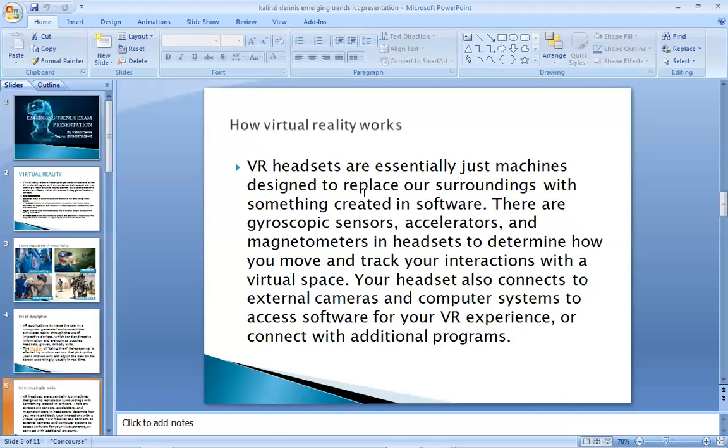So the other thing is, I want to talk about how virtual reality works. Virtual reality headsets are essentially machines designed to replace our surroundings with something that is created in software. I've been talking about computer generated images, CGI. And there are gyroscopic sensors, very small sensors that sense movement and react accordingly. There are accelerometers and magnetometers fitted in headsets to determine how you move and track your interactions with